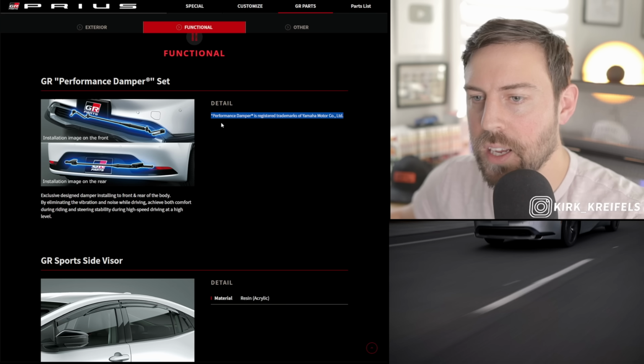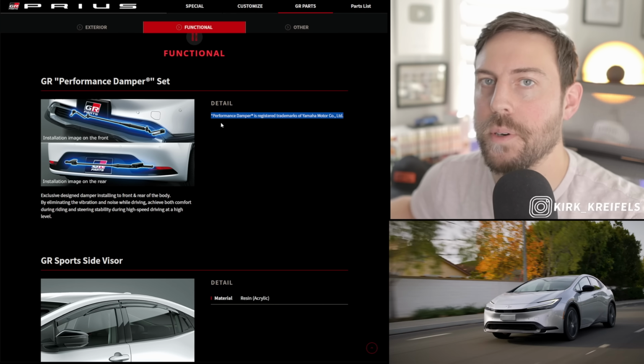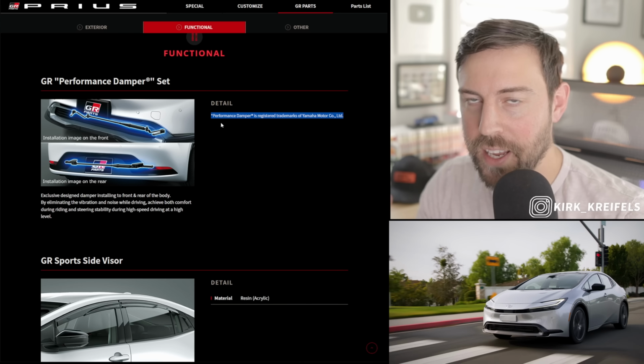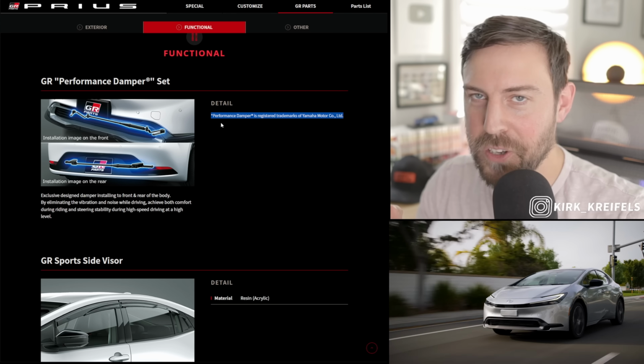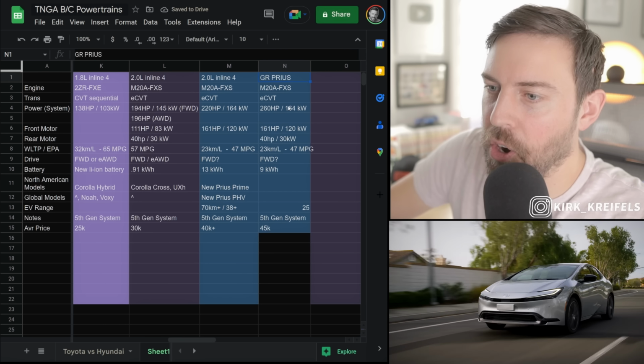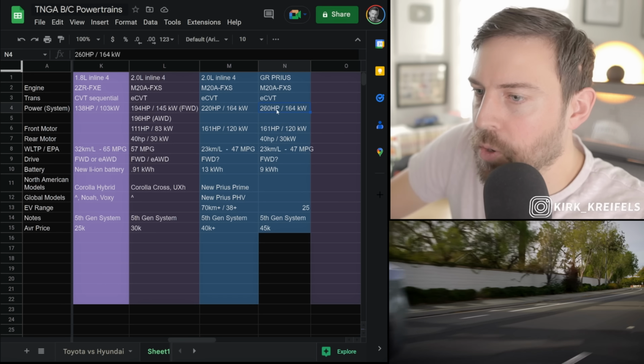So these are the same quality of dampers that they put on a lot of Lexus products to make them like sport handling or F Sport handling package. That's awesome that the Prius also gets that treatment. So here's what I would like to see on the GR Prius, at least when it comes to powertrain: 260